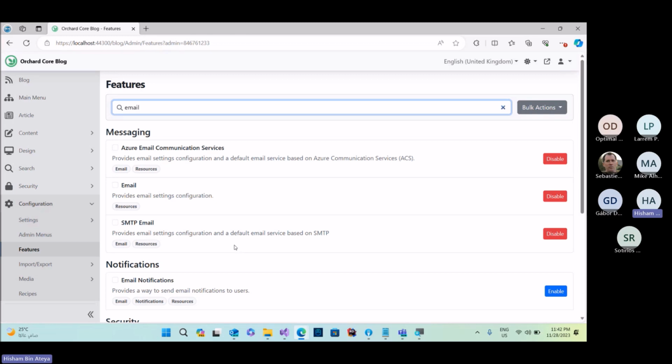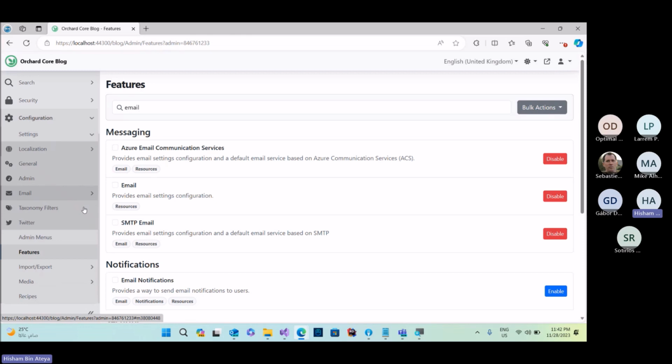So what I did, basically, instead of the ISmtpService interface, we built a new interface like an IEmailService. So the SMTP implementation is built on top of that interface. For that, if we enable the Azure Email Communication Service, there will be a new menu like the other one.